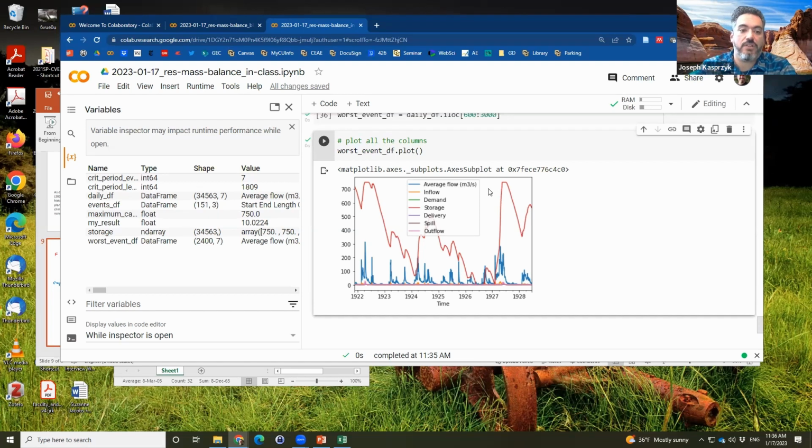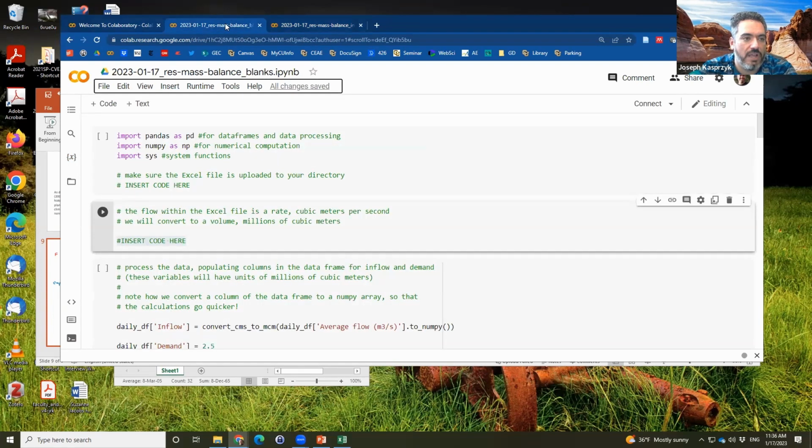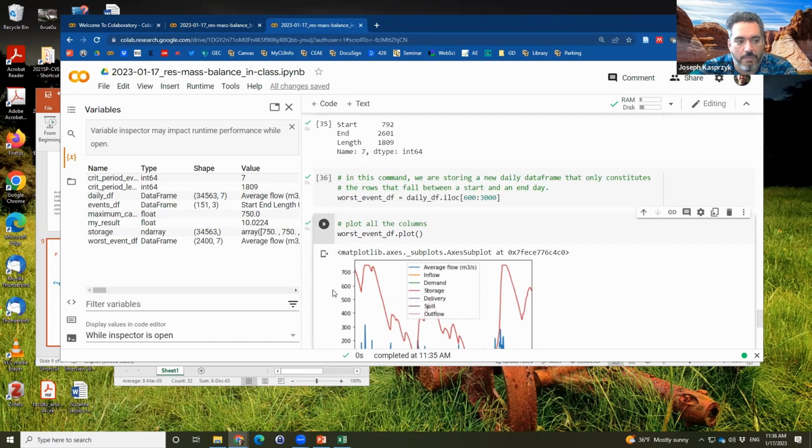So take a look at the full code. You have a copy of the full thing as well. I don't have it up on my browser right now, but you can look at this again without having to type it all in, play around with it and get comfortable with it. We'll keep working with this example as we go along,